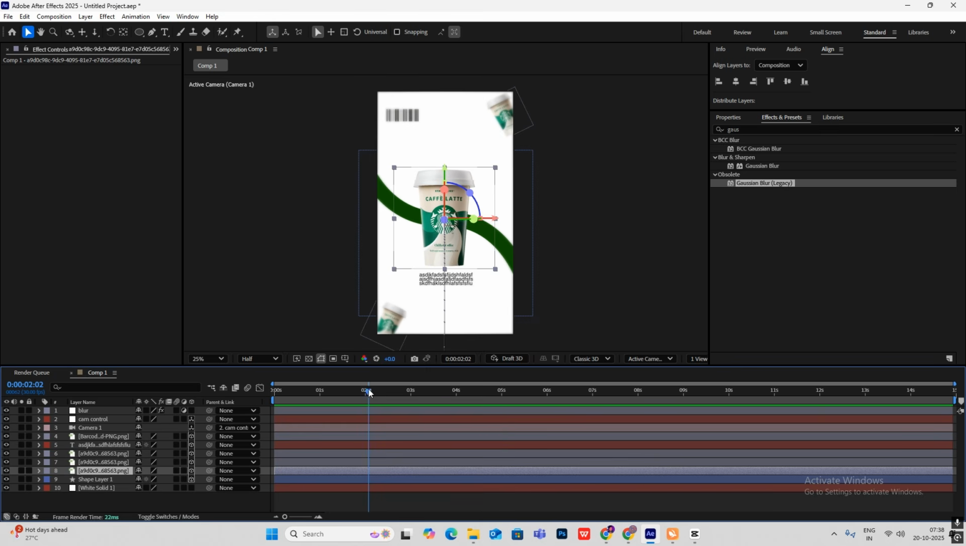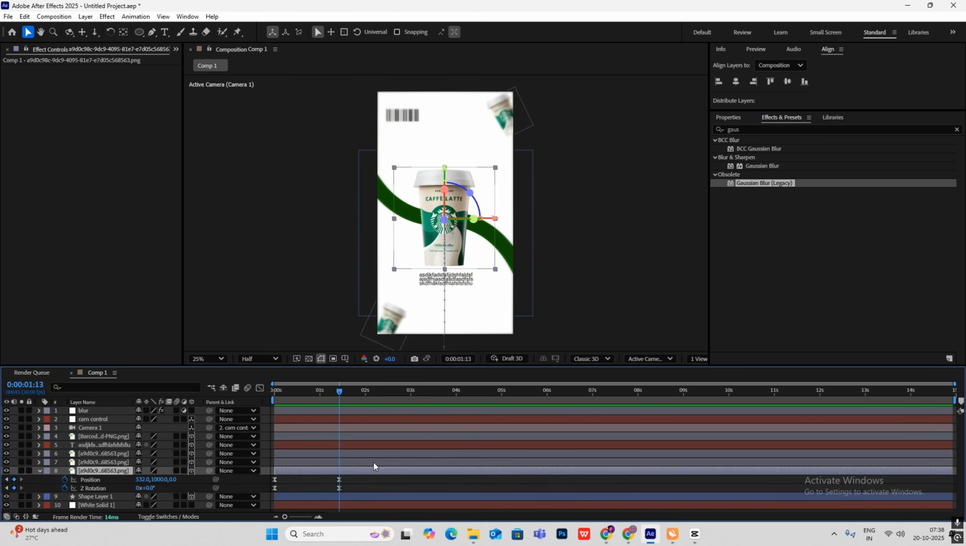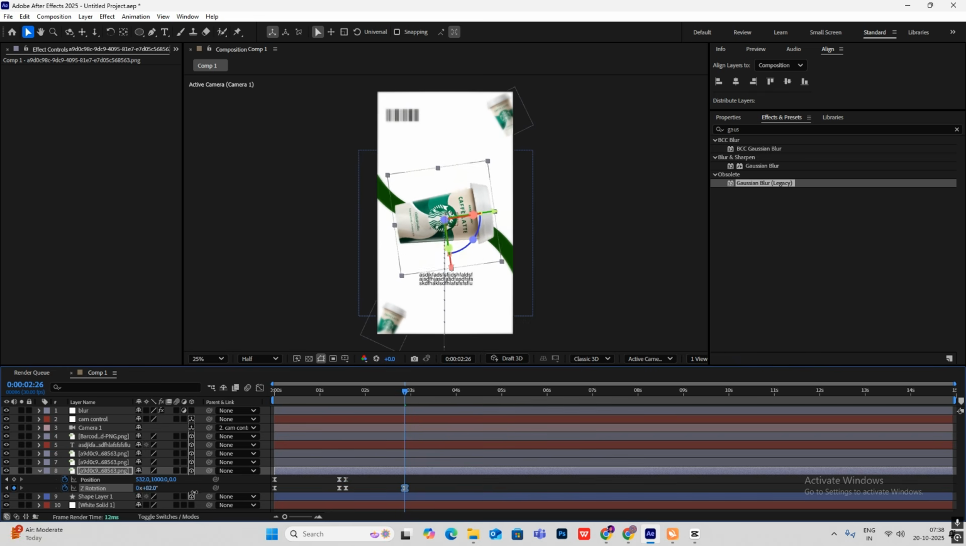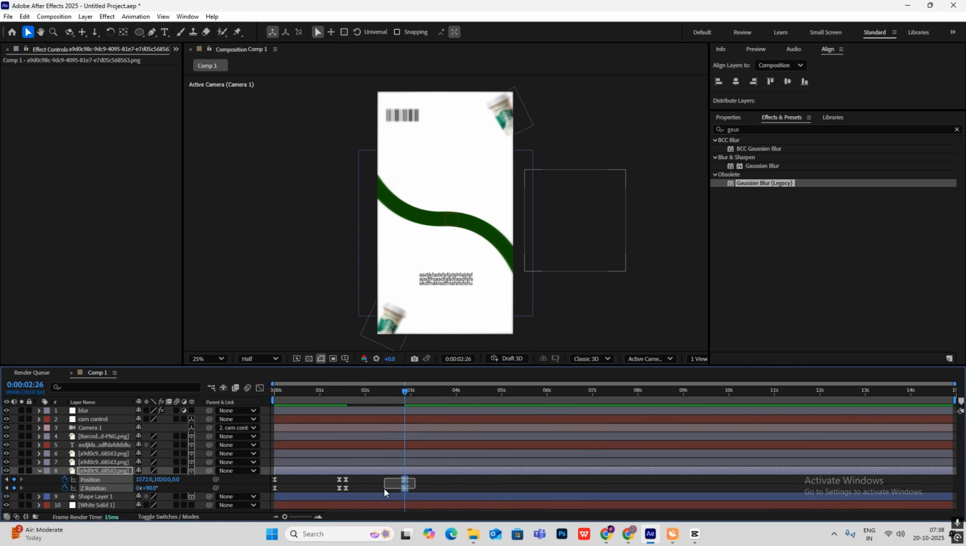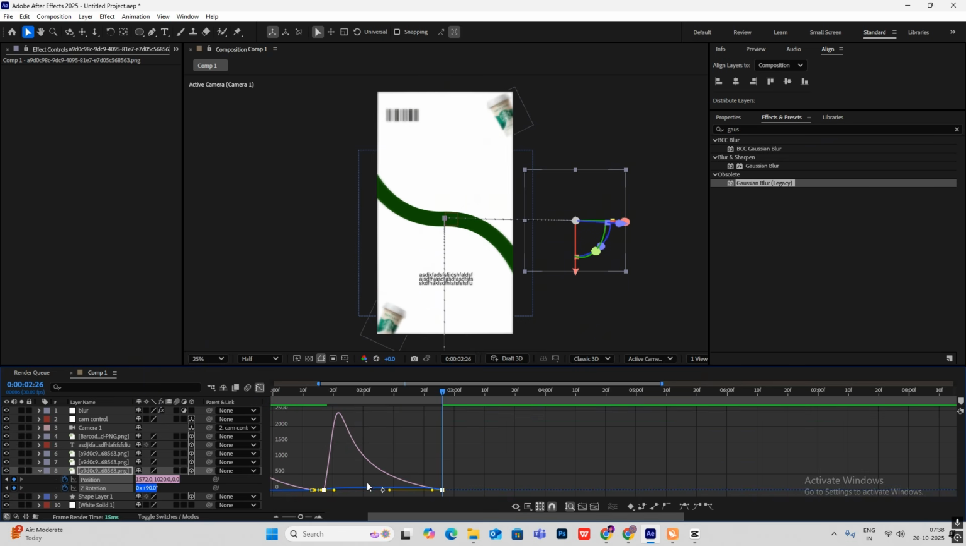Select this cup. Okay, and after it's ended over here, I'll hit U to reveal the keyframes, and just over here I'll just hit on position and rotation again. Go ahead, and then first I will rotate it 90 and move this out of the frame. Select this and open this. Okay, keyframe graph,